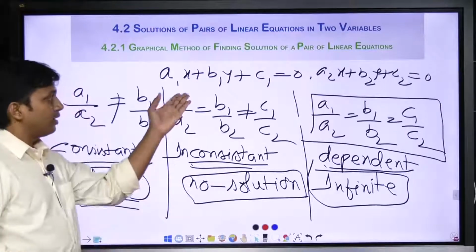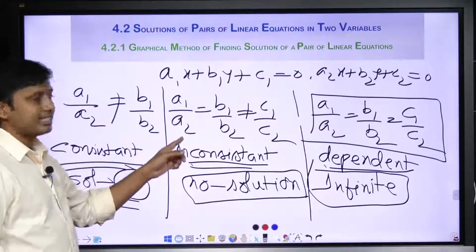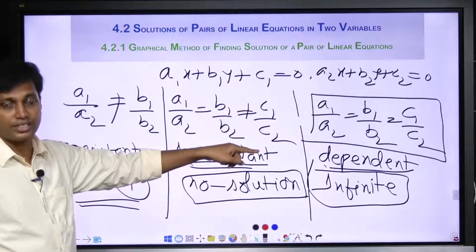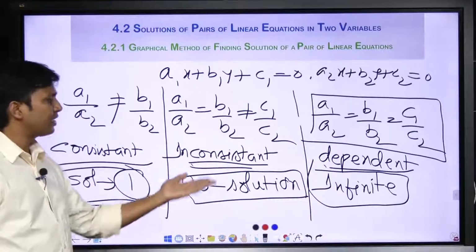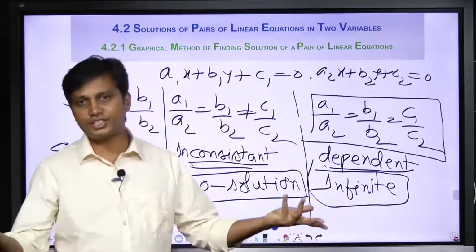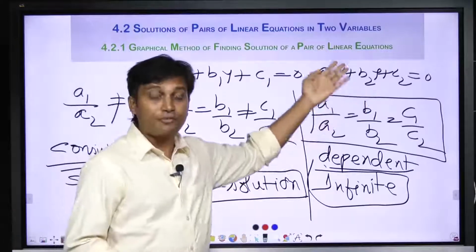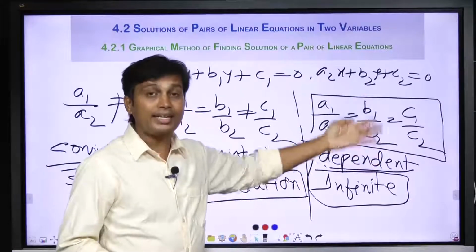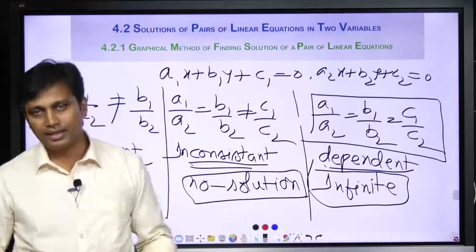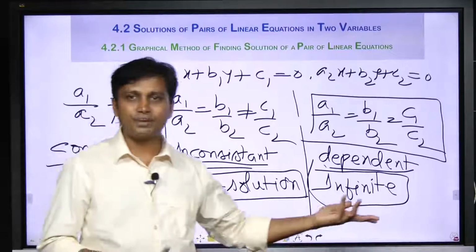And if in the given equations the x coefficient and y coefficient ratios are equal, but the ratio of constants is not equal, then simply you can say that those are inconsistent, and if they ask how many solutions there will be, there is no solution at all. And after that, if all the coefficient ratios and the constant ratio are also equal, simply you can say that it is representing the same line, that means those are dependent equations. So therefore it has an infinite number of solutions.